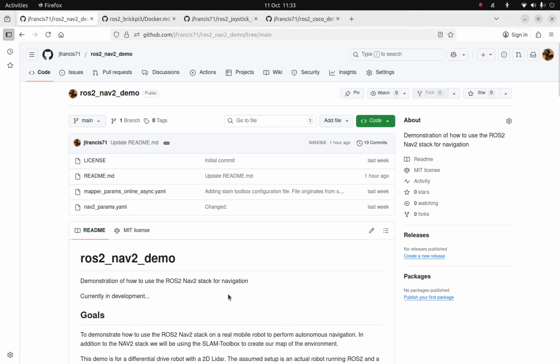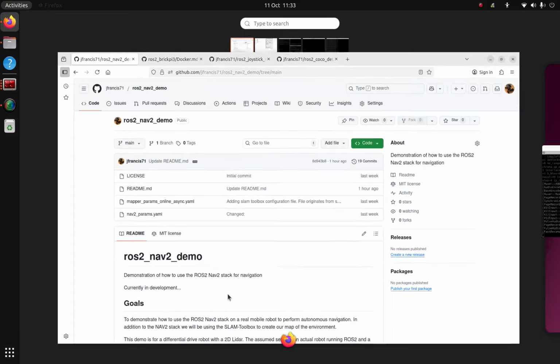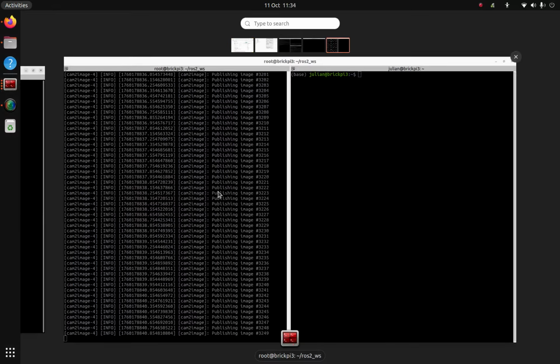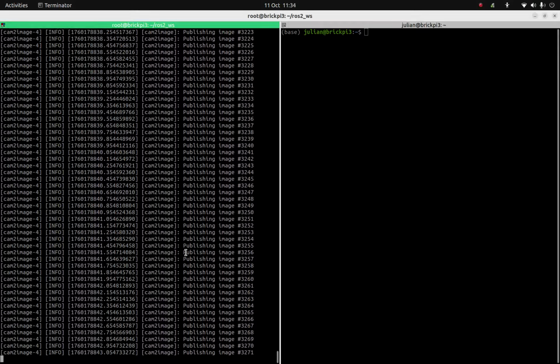So this demonstration is about demonstrating the ROS2 Nav2 stack running on a physical robot, a Lego robot running a Raspberry Pi. I've got a few Docker containers in which I'm running ROS2 already set up, just to speed up the demonstration. This window here is an SSH shell onto the physical robot itself,